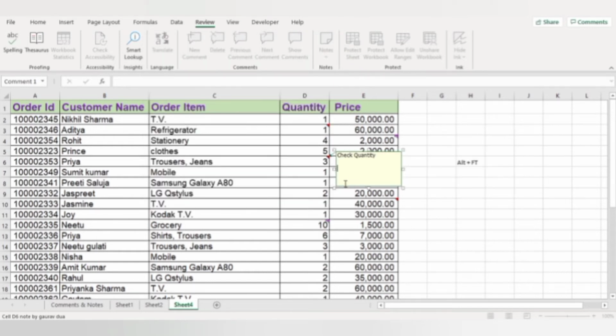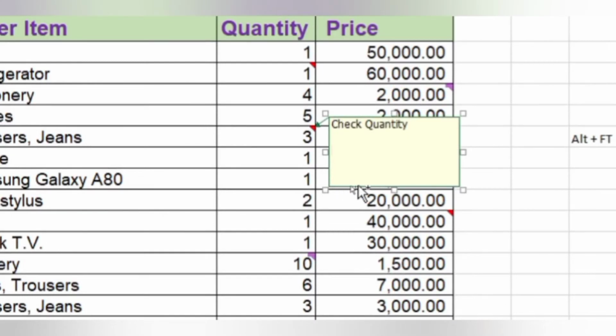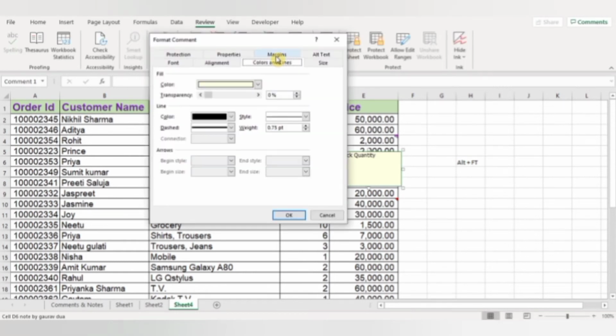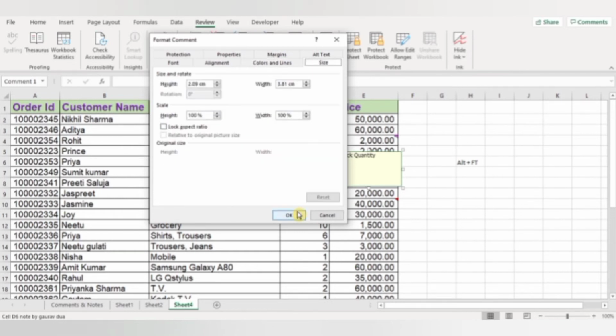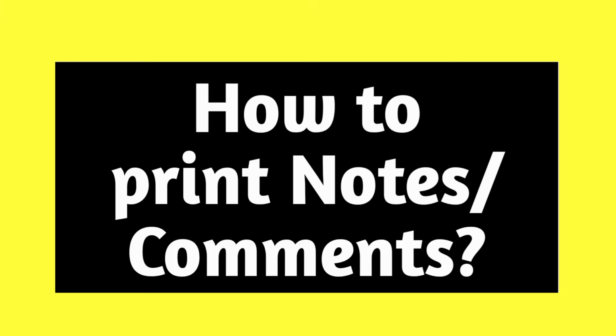So if you want to make some changes in your notes, you need to put your cursor here at the bottom and right click on it and then go to format comment. And from here you can go to colors and lines and you can choose any background color from here. So here the background color is changed. So if you want to make some changes in your notes, then you can do it like this.